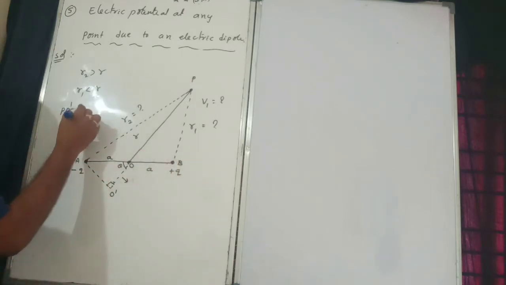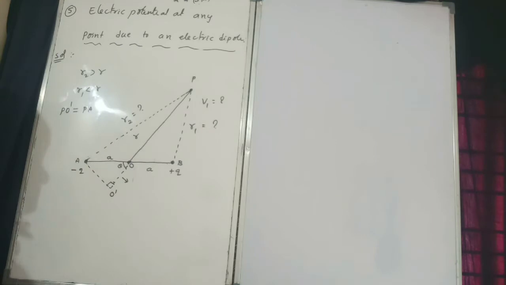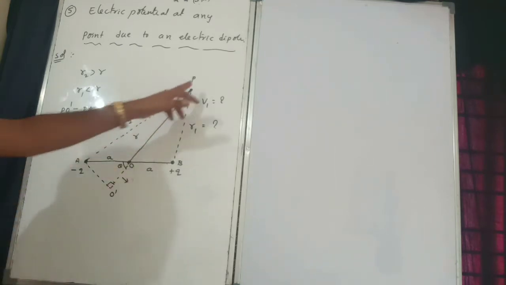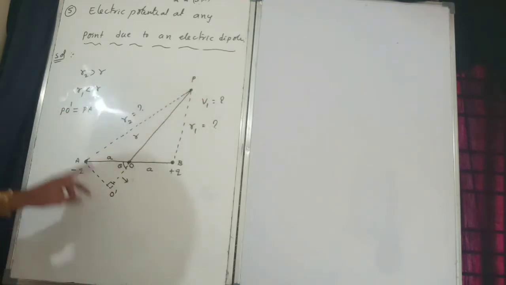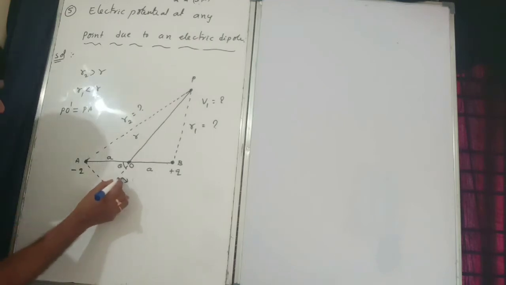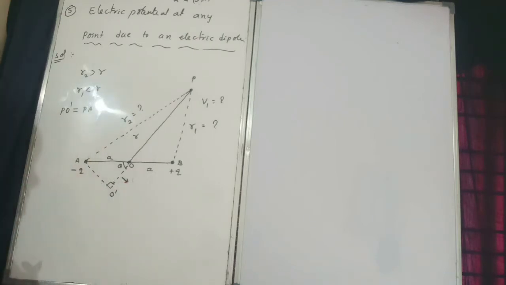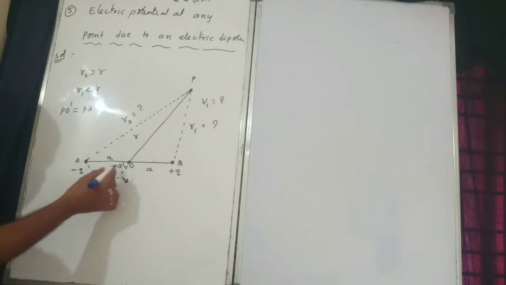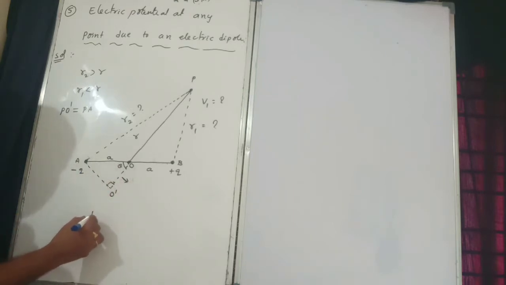So, PA, like that I can assume. P O dash is equal to PA. What is the PA? PA is the R2. Alright, now I want this remaining distance. Therefore here triangle